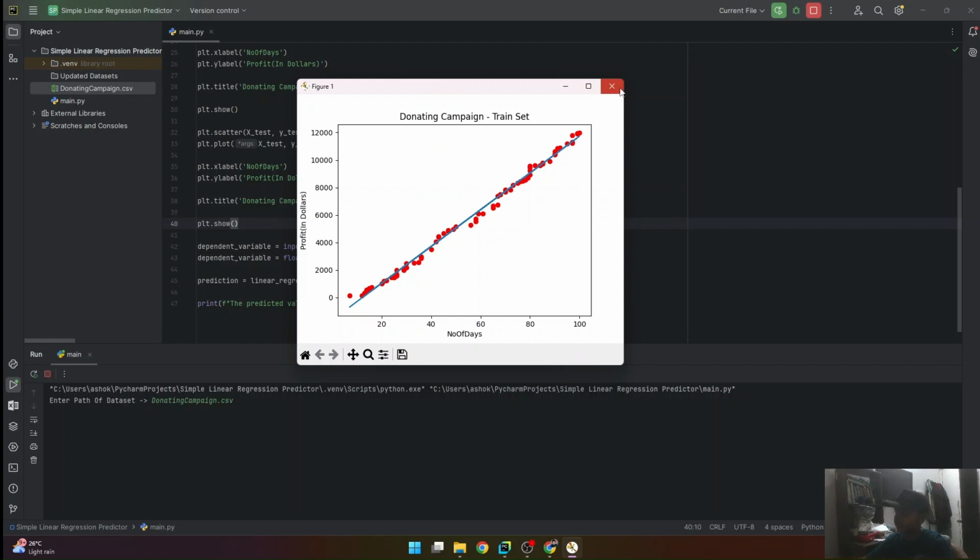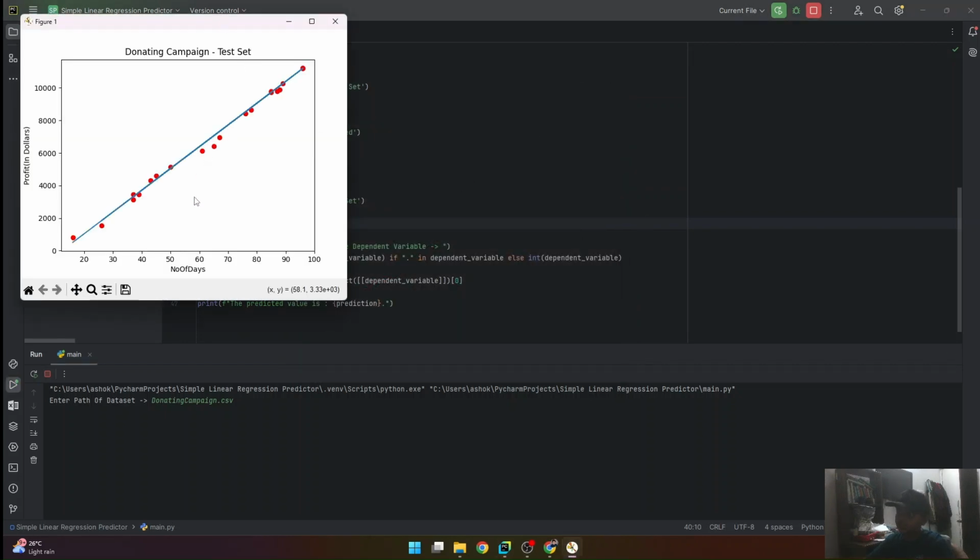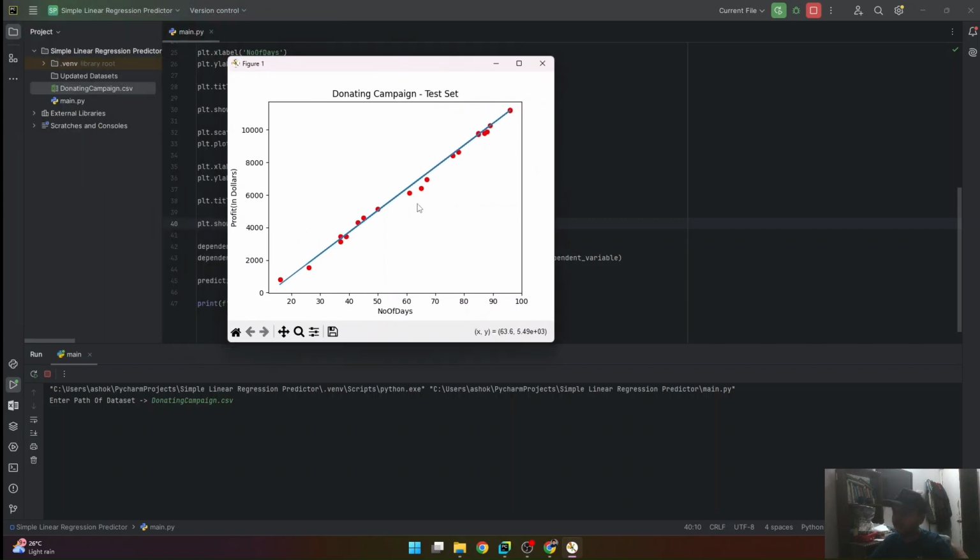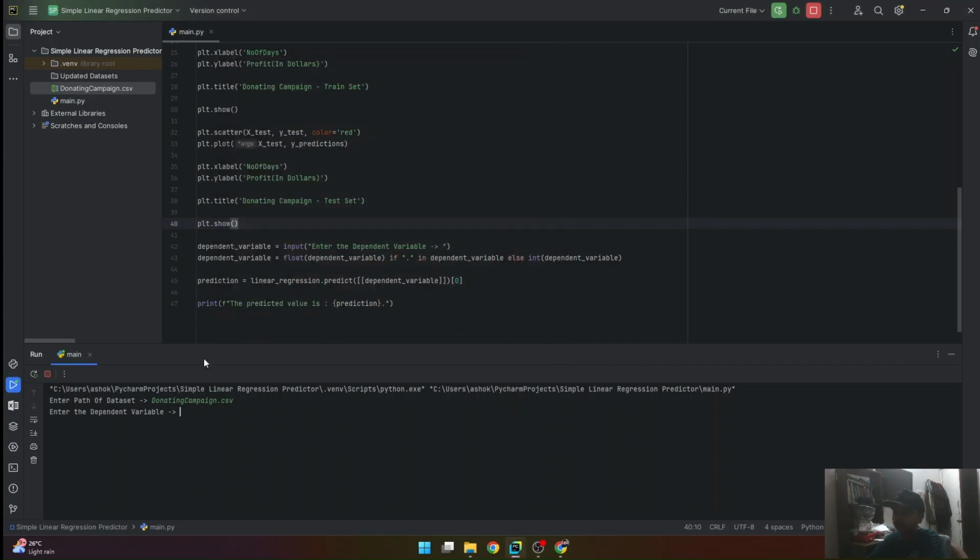This is the train set. If we use the test set, this is what happens. This is 20% of the data set, and you also get these near perfect values. So this is it. I'm going to close it. That was the plot that I wanted to show you, that you get from a simple linear regression.